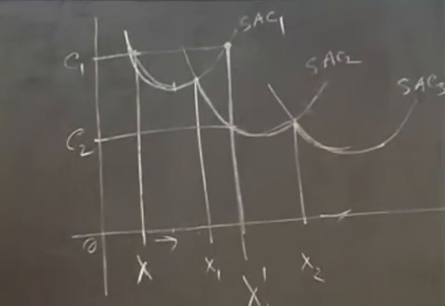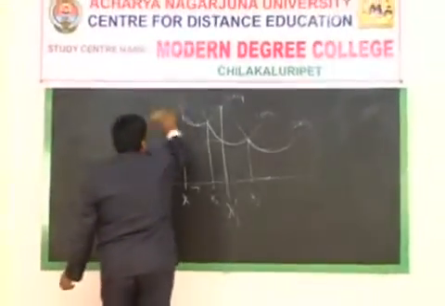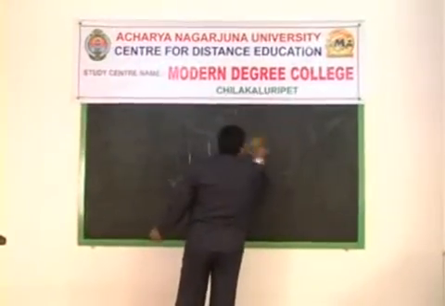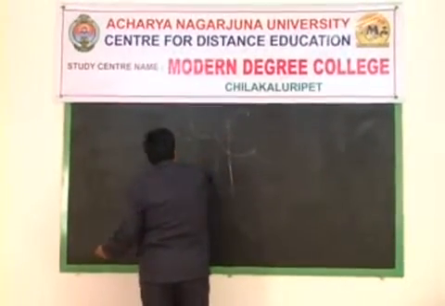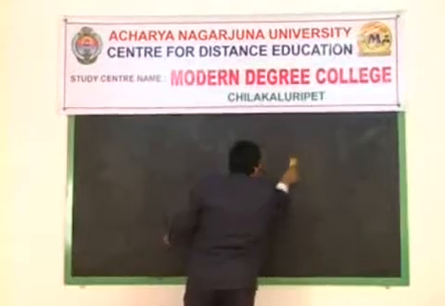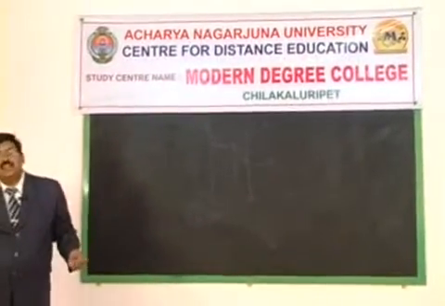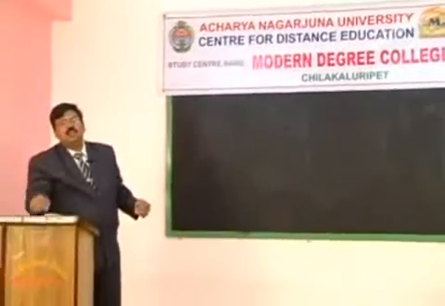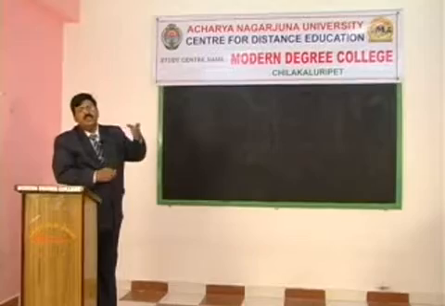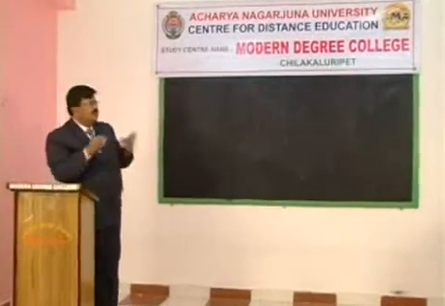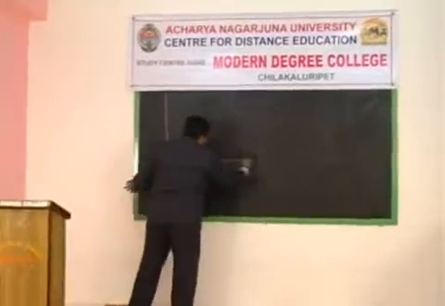Now let us explain the same with another curve. Here we have assumed only 3 types of plants available. Imagine there are 6 plants available. LAC is called a planning curve or envelope curve. That means it envelopes all the short run situations. By reference to LAC, the entrepreneur selects a particular type or size of plant, which gives rise to least cost of production. So LAC is a long run planning curve, also called an envelope curve.